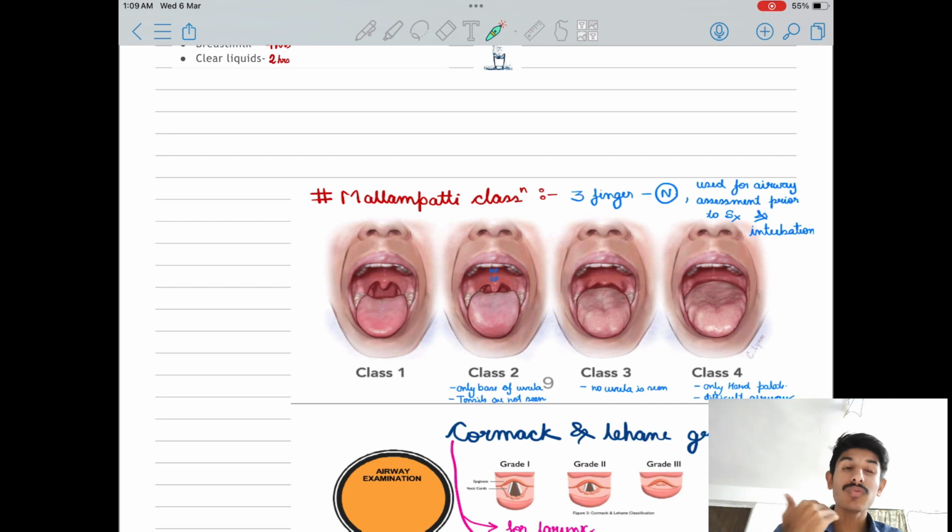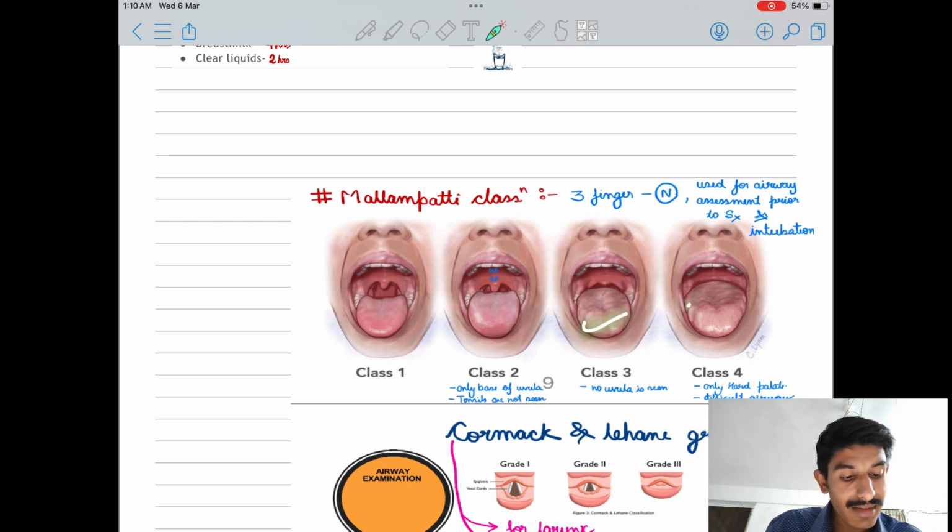In the first patient you can see his vocal cords and uvula clearly, so you can do intubation very easily. In the next patient it will be a little bit difficult. In the third patient you can't see, and this time you have a problem because you gave the patient the anesthetic and he is paralyzed, and you have to do intubation because he will die without oxygen. So that time this can make your problem worse than anything. So always check that your patient's mouth opening is clear, because there are some people who eat gutkas and don't like smoking, and so on, that's why their mouth doesn't open and it becomes difficult during the anesthesia.